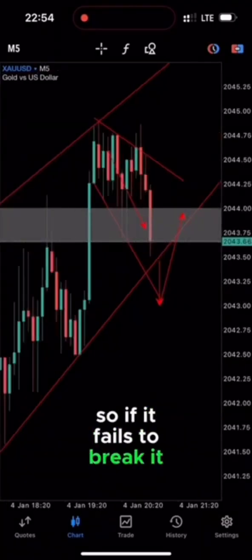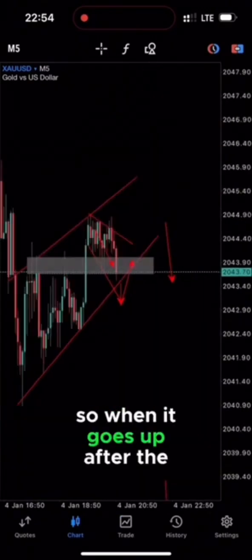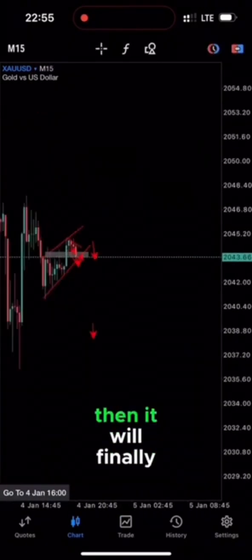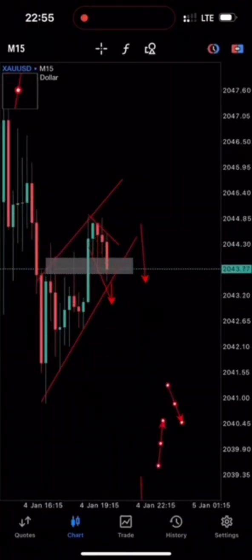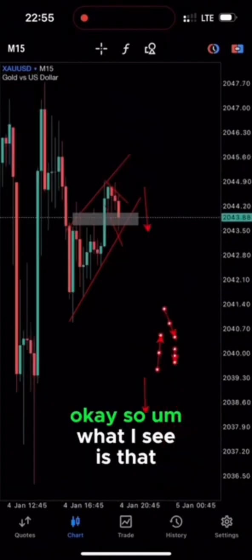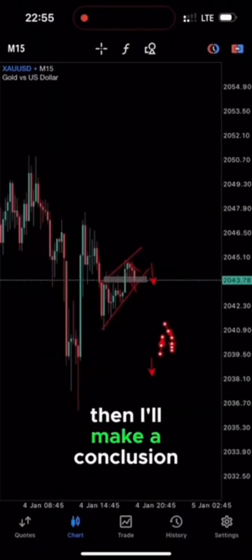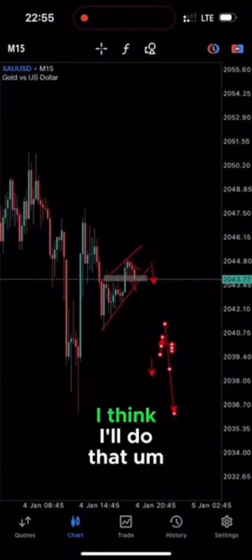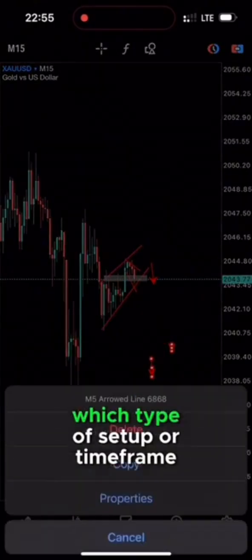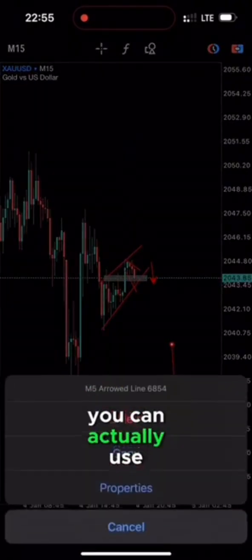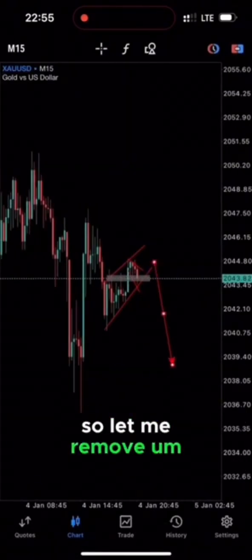So if it fails to break it, then it's going to go ballistic, bullish. It's going to go up. So when it goes up after the breaking and whatnot, then it will finally come down to break the big trend line there. Okay, so what I see is that, let me first show you the whole thing, then I'll make a conclusion which I was about to make. I think I'll do that at the end of the video, so that you can see which type of setup or time frame you can actually use with the type of account size which you can have. So let me remove